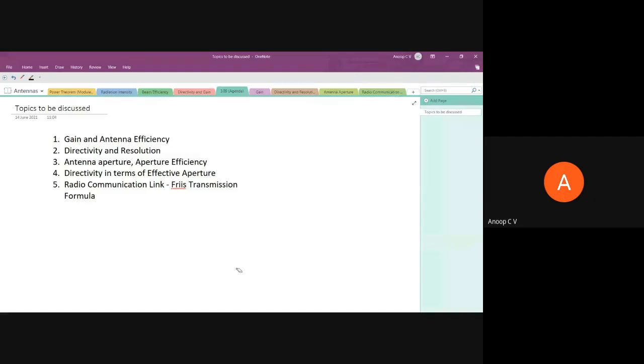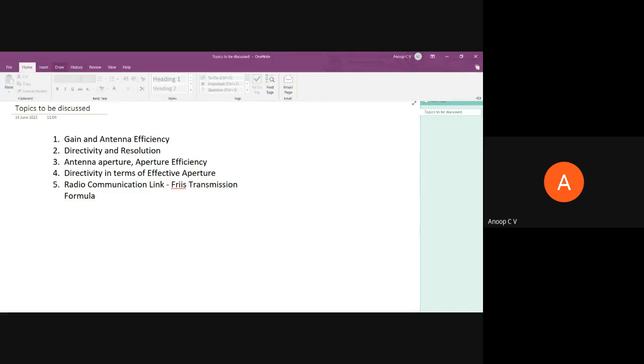Apart from those 3 types of integrals, you won't get any other problem. It can be sine square theta, sine cube phi, whatever it is, but in the end it would be like solving those 3 different types of integrals, unless people bring in a new twist, which I don't think will happen. So in today's class, this is the agenda. I'll try to bring in a bit more content.